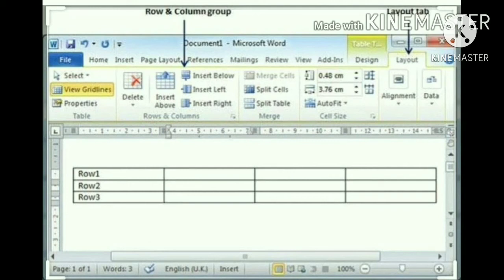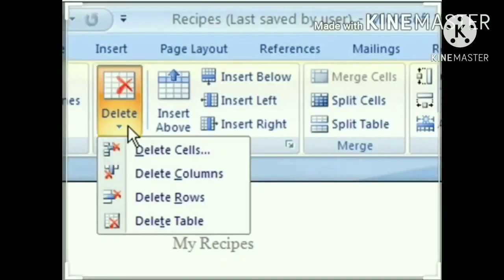Okay, in your page. How to delete rows and columns. You can delete rows and columns from a table by using the Layout tab. Deleting a row from a table. To delete a row from a table, follow the given steps. First, place the cursor in the row or select the row by clicking the Select option from the Table group.